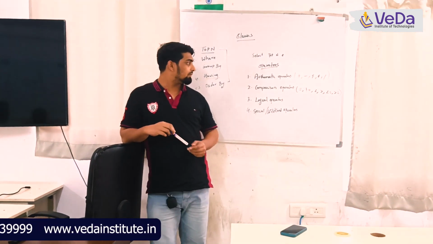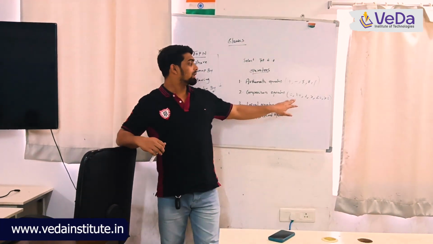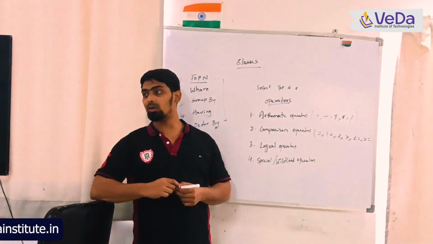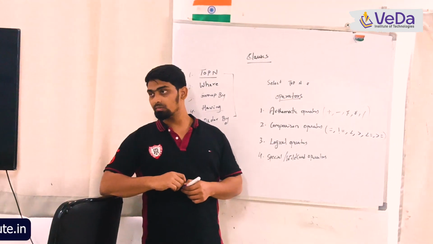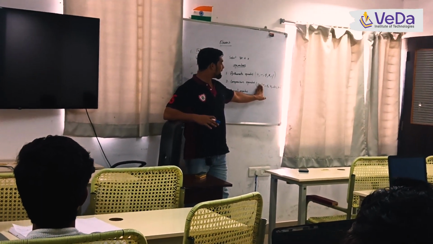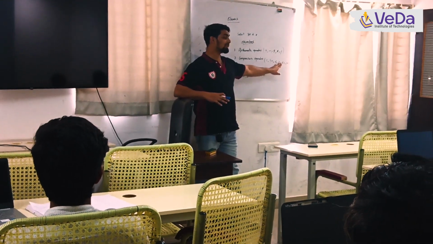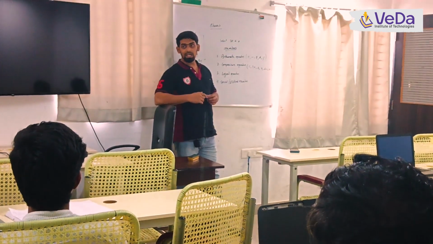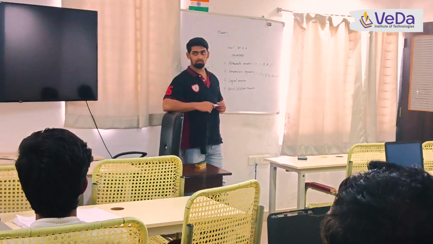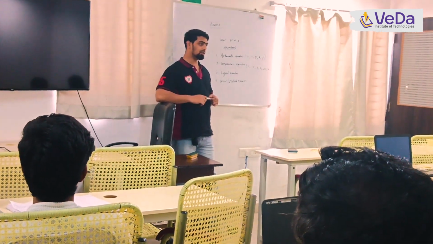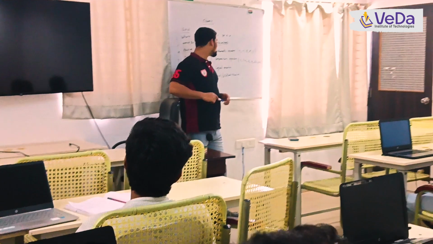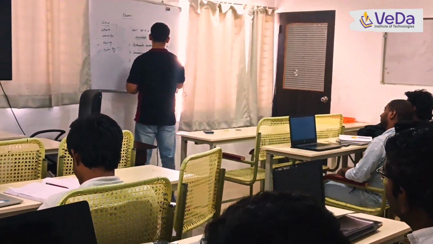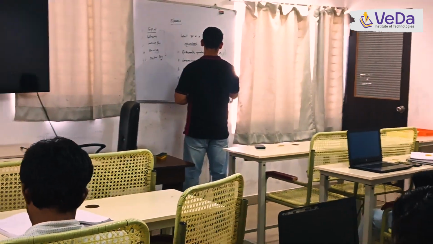So usually comparison operators except equals to and not equals to, other comparison operators we will not use along with strings. It will not make sense. Except equals to and not equals to, less than, greater than, less than or equal to, greater than or equal to, those are mostly used with integer values or decimal values, basically numerical values. Next is logical operator. Logical operators are and, or, between and,